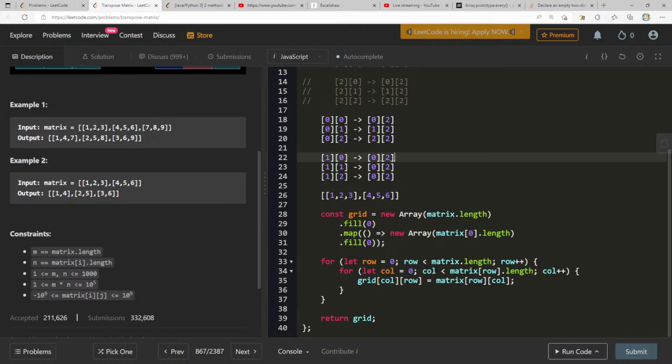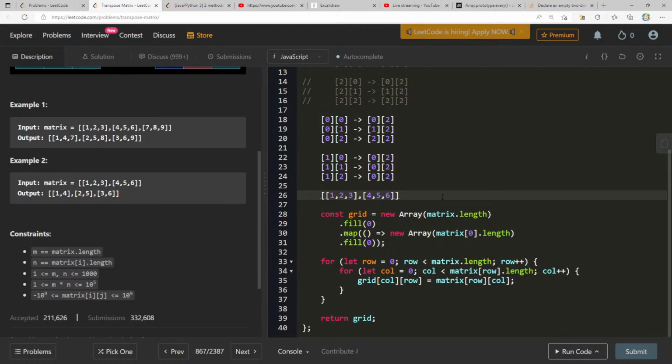Wait a second. If you also look at the output here, you notice that it's just taking every single thing in. Yeah, wait a second.